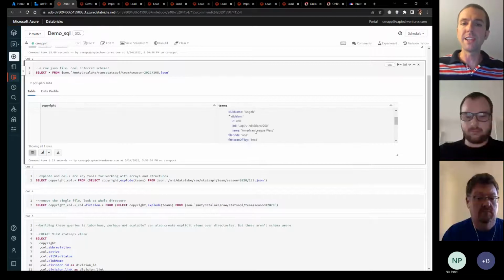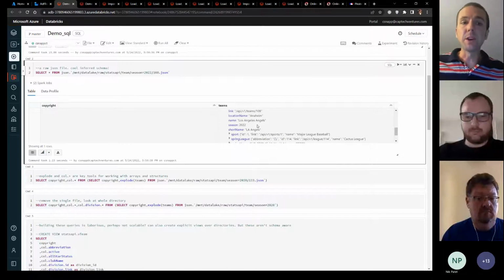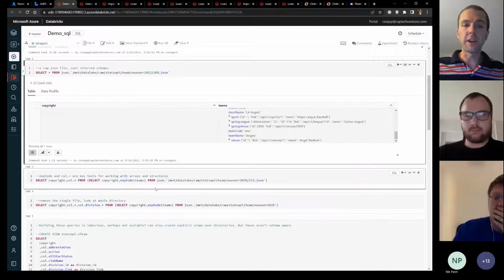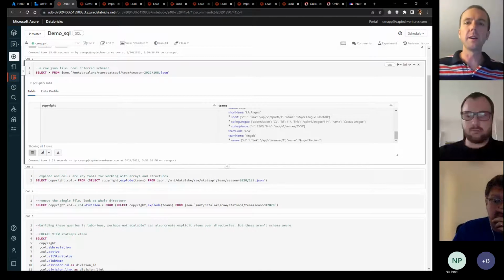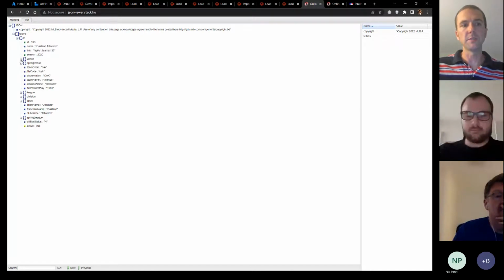So what's interesting is that we have nested structure here. So as a data engineer who doesn't know this schema, and my goal is to process this team file into the valid zone, I need to start doing some work to make this available to me. So one of the cool things that's available on JSON files, and again, my whole demonstration is focused on tough JSON file ingestion to a data warehouse, I have this JSON viewer that you can see here. So if we need to refer back to it, this is what the teams file looks like. This is a different one that I picked. But this is what the JSON looks like.